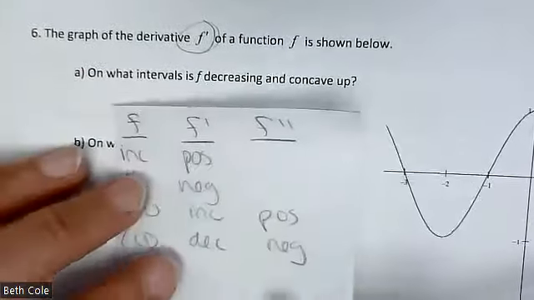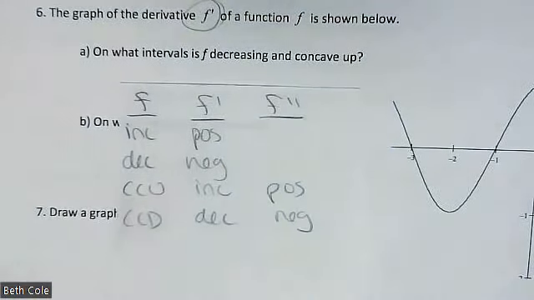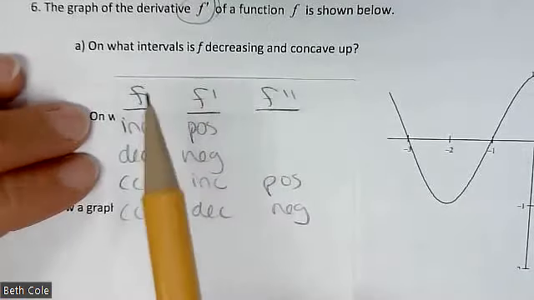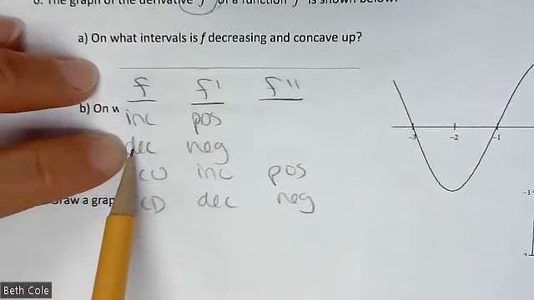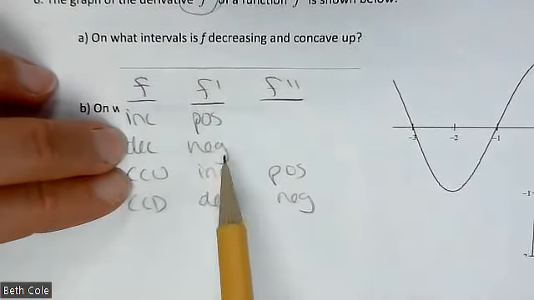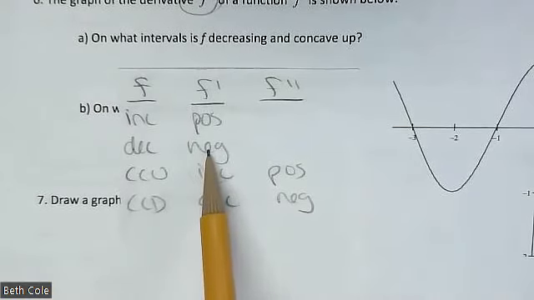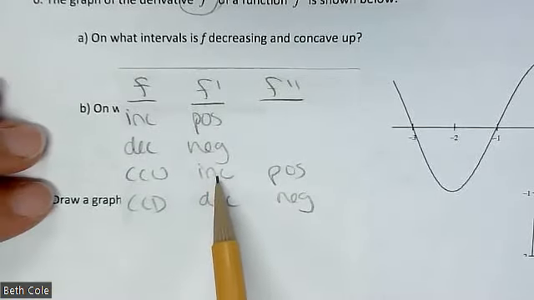So look here. On what intervals is f, the graph you're not looking at, decreasing and concave up? Watch me point to it. Decreasing is right here. Concave up is right here. That means the graph you're looking at needs to be negative. That means below sea level. Are you paying attention there? I want to say your name because I'm recording this. Below sea level and